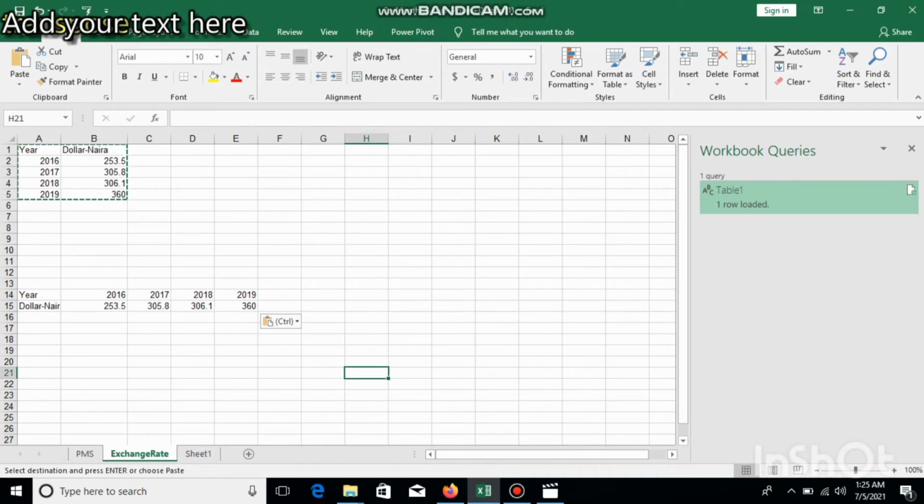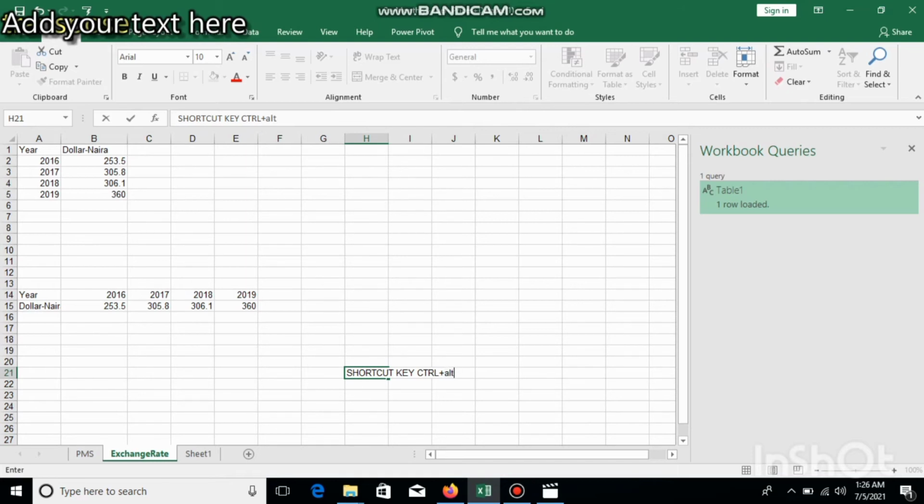This is very small data, but if it were bigger data, 1000 entries and all, it would be a very tough task to do again. Within a minute, I can say 10 to 20 seconds, you can change your data with the help of the transpose function. So I'm writing here the shortcut key, Control Alt